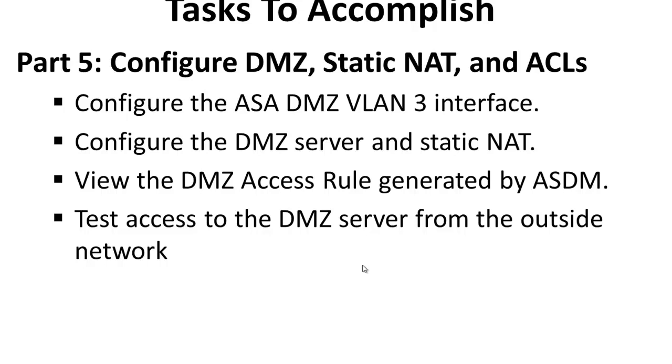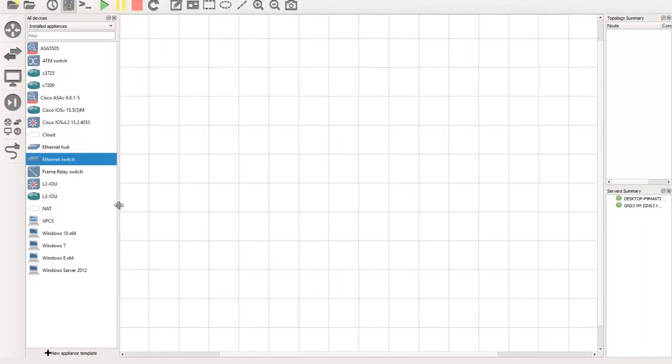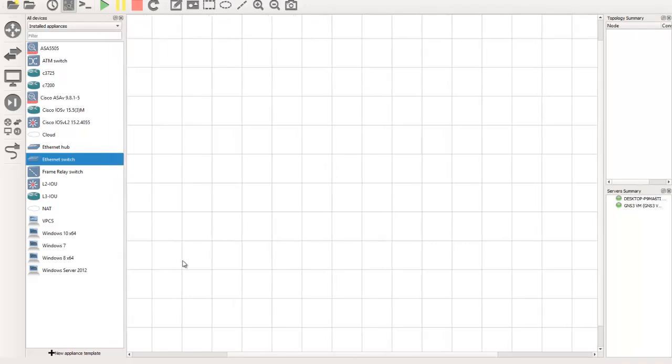So these are the 5 parts we are going to accomplish in this GNS3 lab. Now, without further ado, let's move to the GNS3 settings. Now I have opened GNS3 and let's configure our